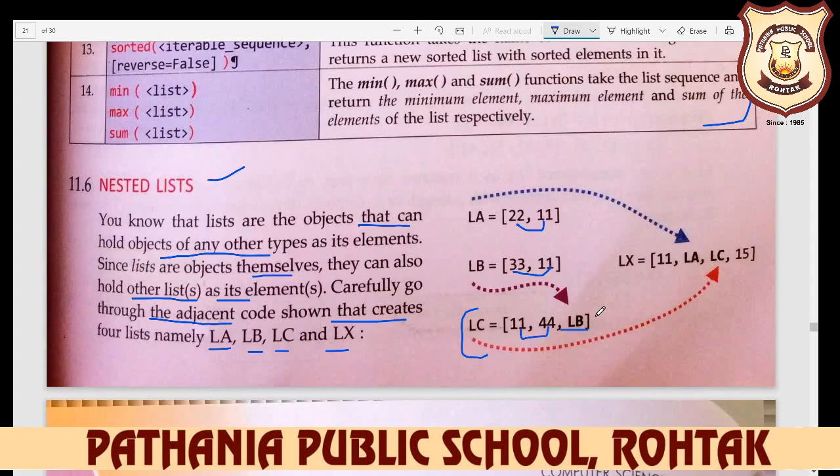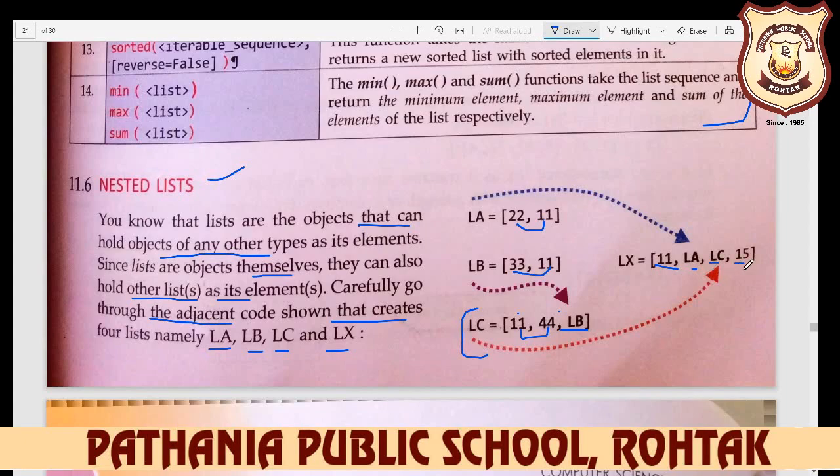So here LB is a single element, a single argument. It doesn't count as two arguments. So now the number of arguments is 11, 44, LB. So 1, 2, 3. LB has two arguments, but when you use it in the nested list it includes only one.